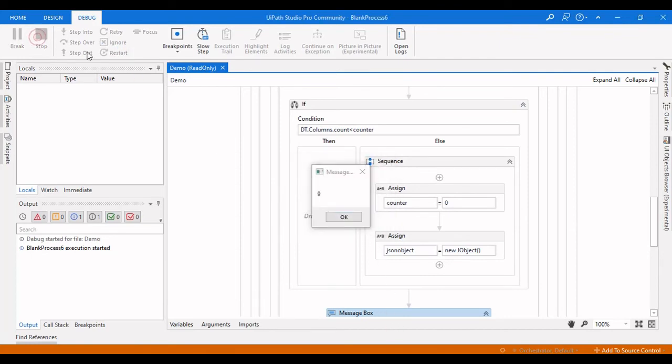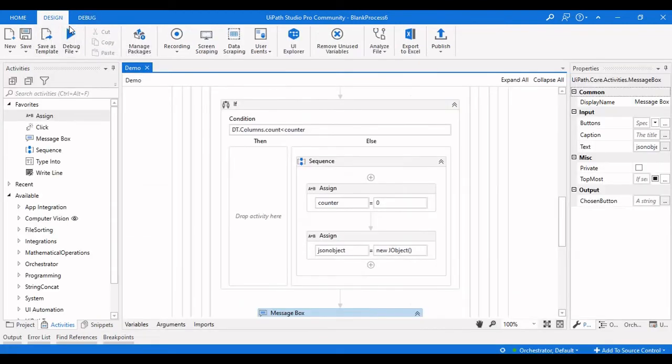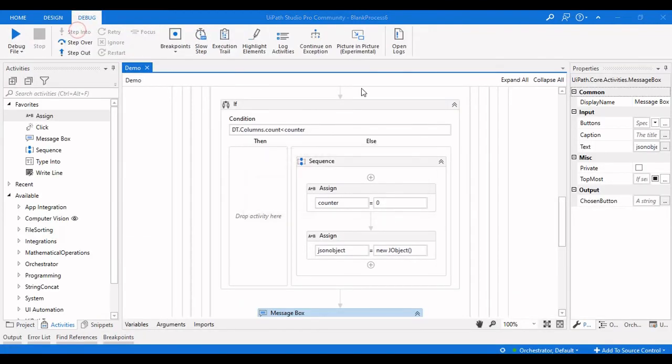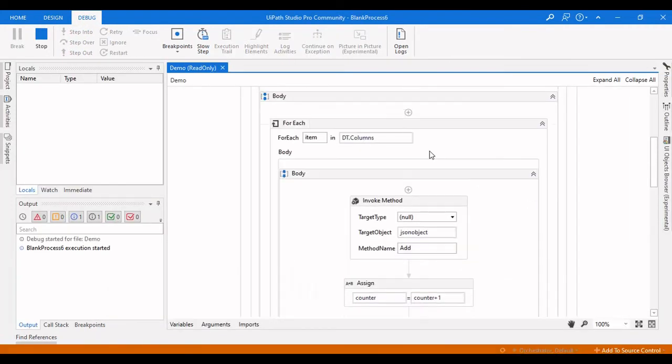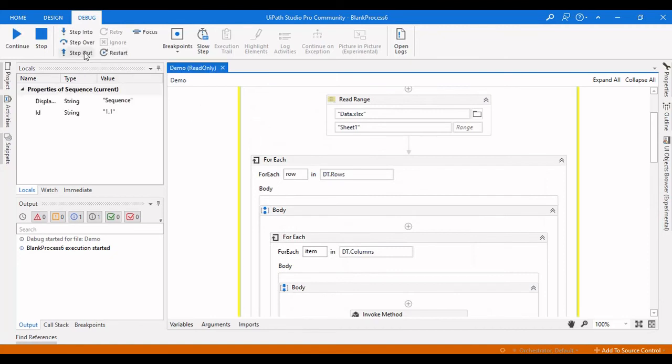Okay. Let us run this in debug mode so that we can see what the if condition is actually doing here. Now it is reading.